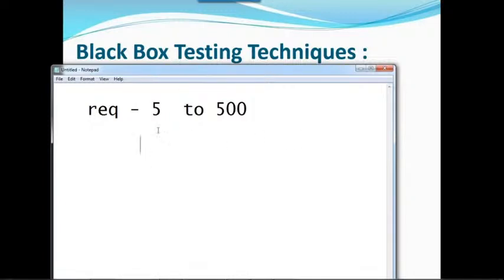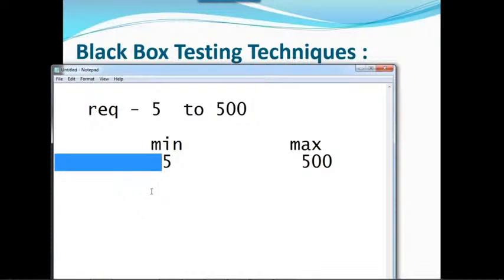How to check this? Simply you can take the minimum value. What is the minimum value in the requirement? 5. What is the maximum value? 500. So you can use one simple technique: minimum value minus 1.